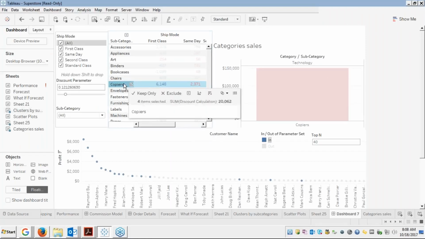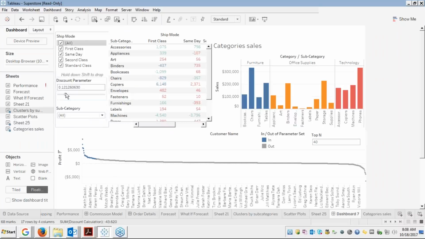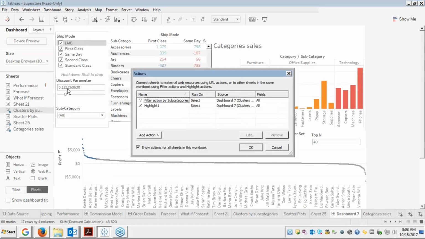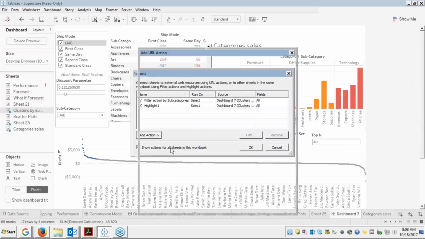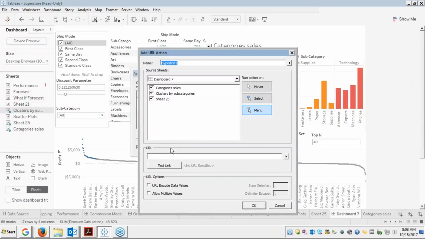Similarly, there are other actions, the filter action, the highlight action, and under dashboard there are other actions that you can see. That is like the URL action. So what is this URL action? Whenever you are clicking on one particular item there, in all these sheets,